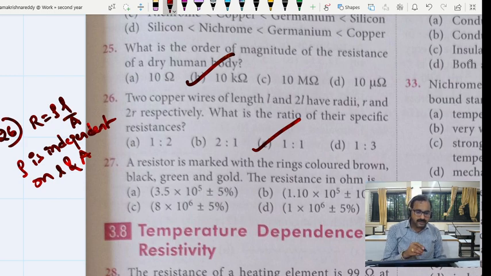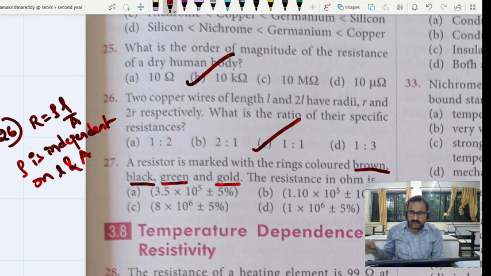What about the green? That is the next one they gave there, that we have to take. And the next one, gold, is the tolerance, how much is there. So what is green indicating? Decimal multiplier only. First significant digit, second significant digit, next after that the decimal multiplier, and this is the tolerance. So that value you are getting. By solving that, see how we are writing the resistance in ohm.